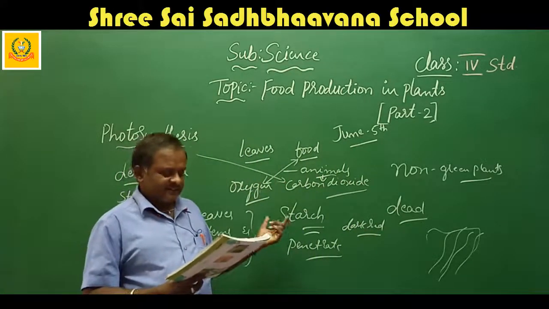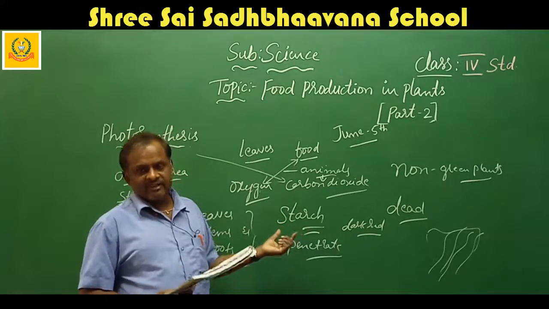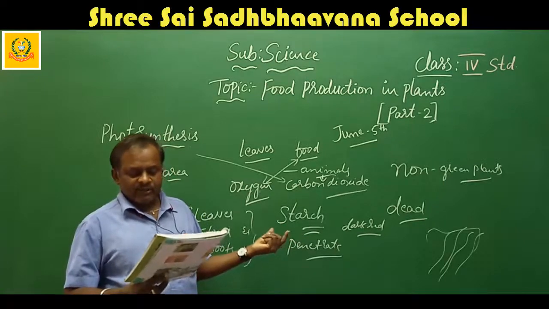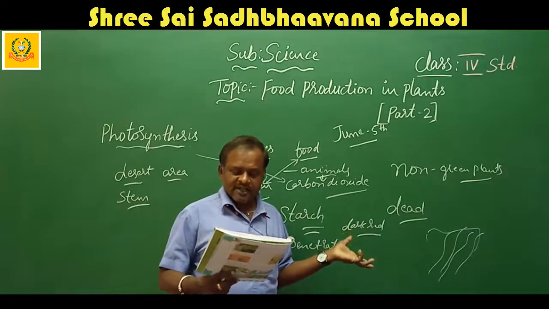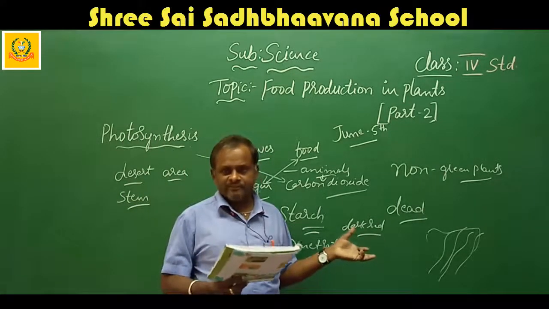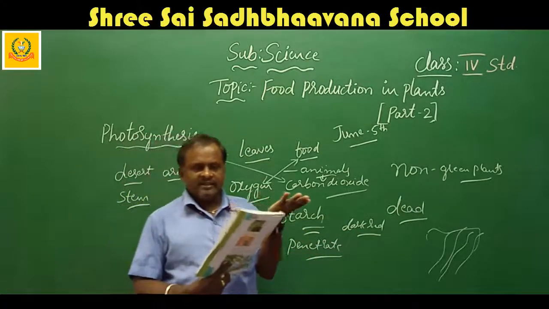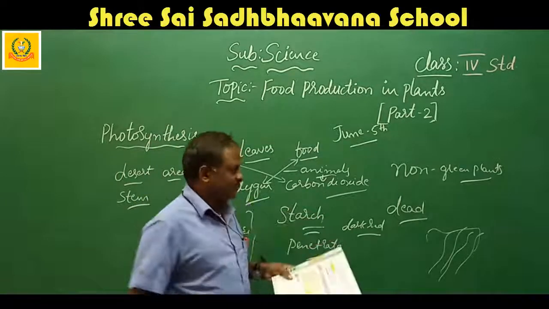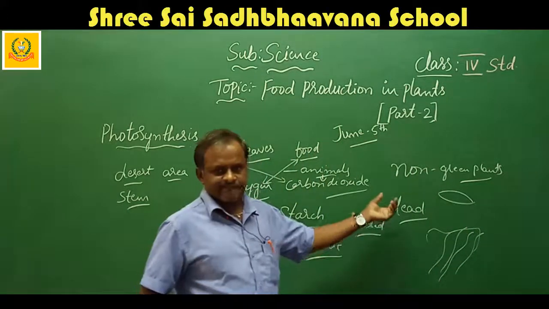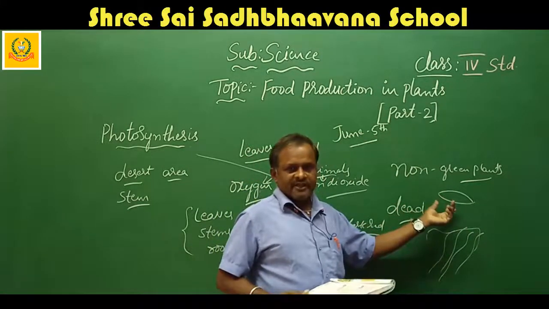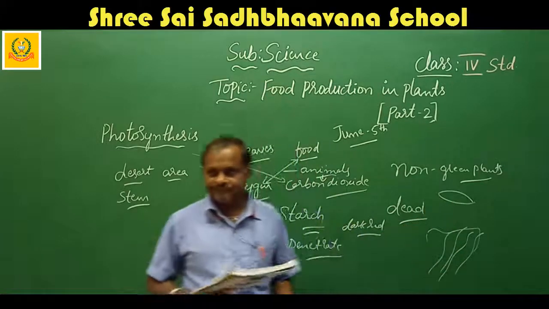Next, what is the function of the veins? Veins enable leaf to distribute water and food within the leaf. They enable to distribute water and the food prepared within the leaves. Stomata help in the exchange of carbon dioxide and oxygen. Where is the stomata present? Under the leaf. In the below area of the leaf, stomata is present. What do they do? They open and close for the exchange of gases. They also give out water vapor.